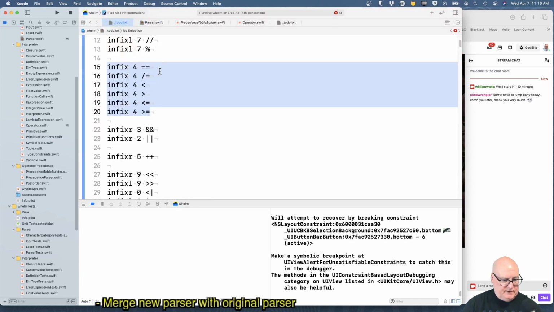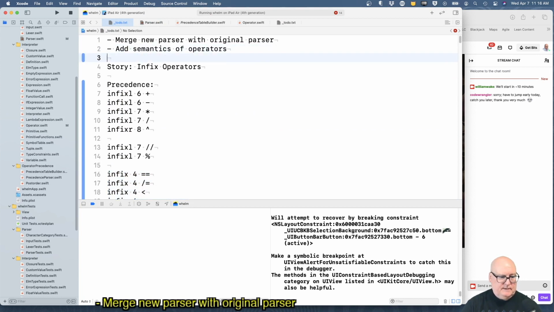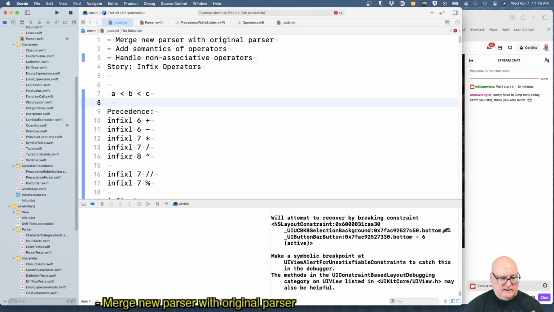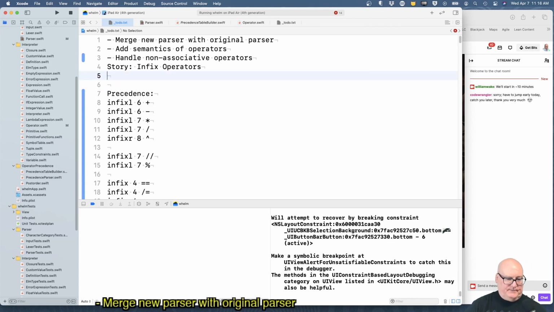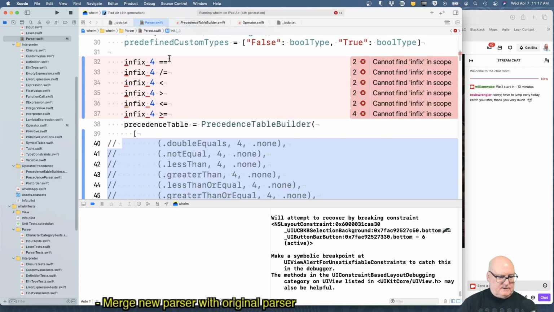And I'm going to add a to-do. So in Elm, you can't say A less than B less than C, because it's non-associative. That means you should only have one at a time, like that. All right. That's those.